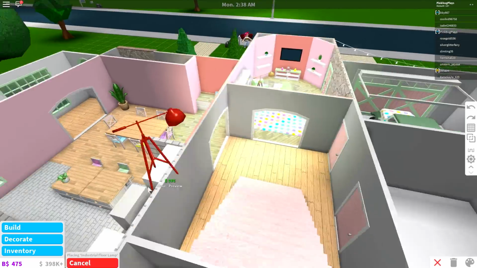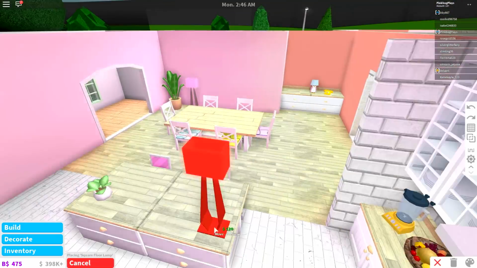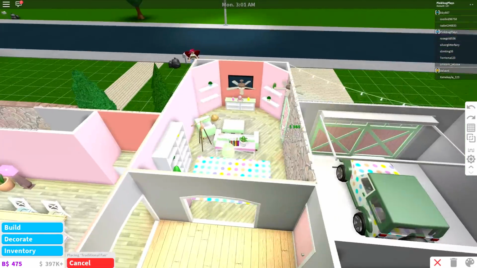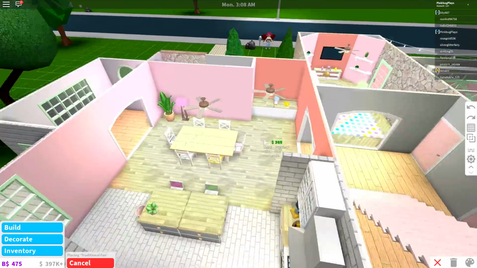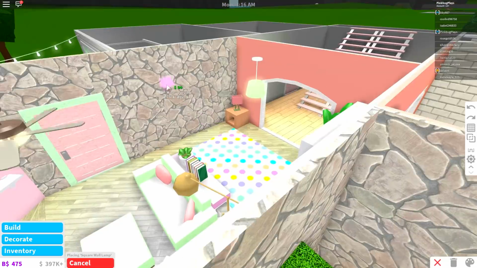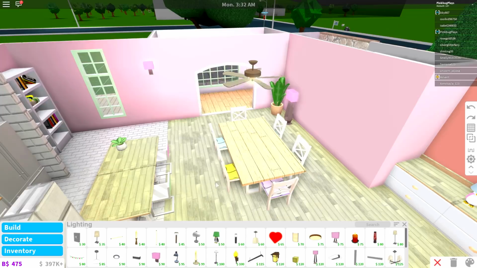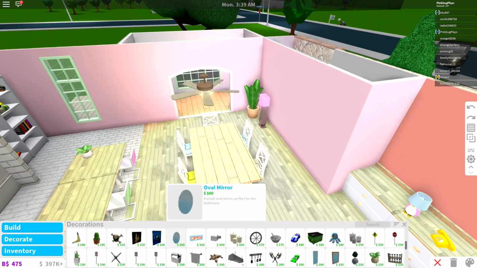I try to have some contrasting little accents on there. So on the walls, accent walls, and I think they look really good, especially the stone wall in the lounge room there. I absolutely adore the ceiling fans, and